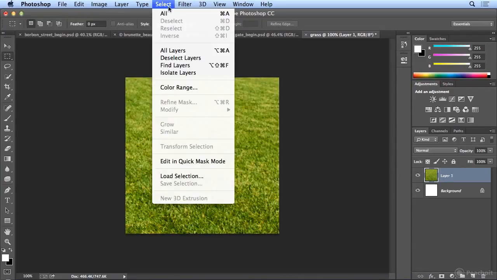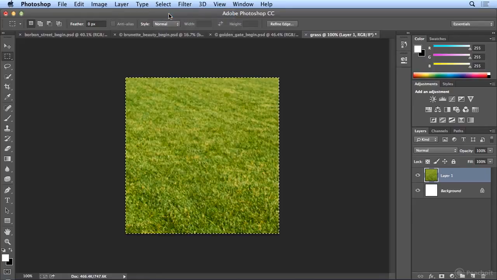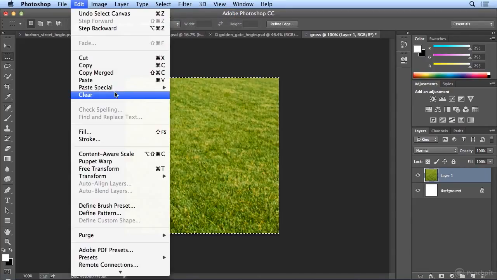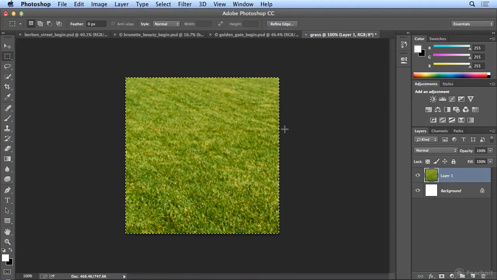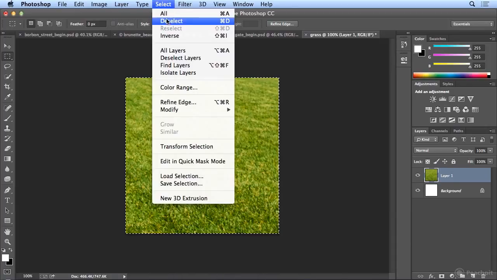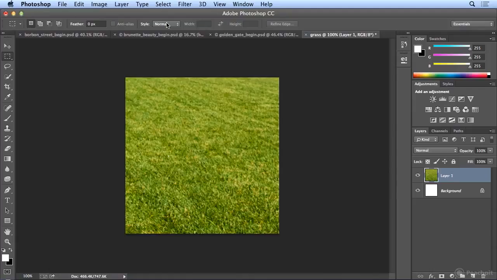If I do Select All, I can choose Edit, Define Pattern. And this will be grass. But I want a more artistic pattern. So I will deselect and I'm going to run